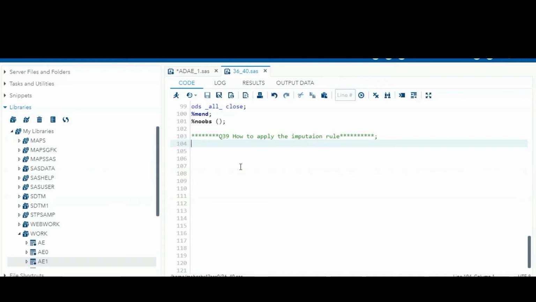The statistician clearly mentions the rules on how to handle the imputation in the SAP document. As per that, we have to write our code; we are not looking at the data, we write the code as per the SAP. After that, we can check with the data whether it was populated in the right way or not, because if the present data has no partial date, in future you may get partial dates, right? So for that purpose you have to write dynamic code. I'll show you how to write the dynamic code.